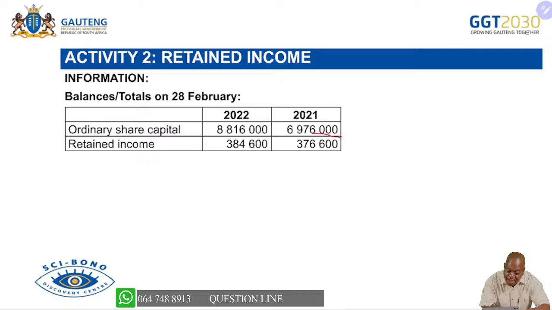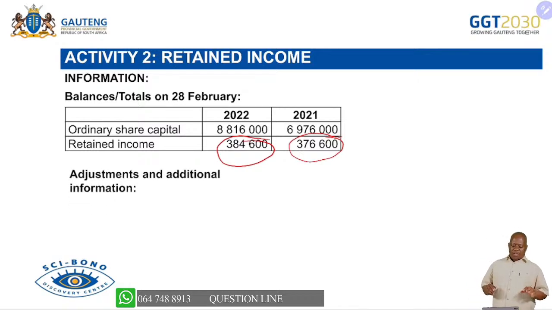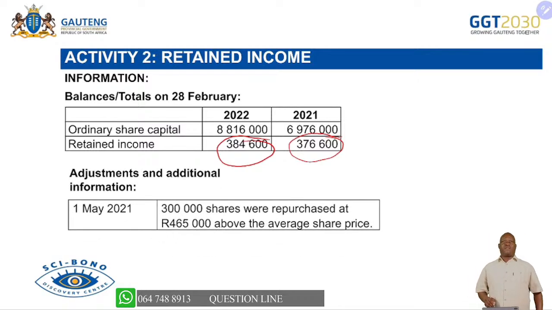When the year started, we had 375,600. When the year ended, the balance is given. So we have got the balance at start, we have got the balance at the end. We are only left with something in between. The additional information we are given is the issue of repurchase. The item on repurchase is very important because it affects both the ordinary share capital and the